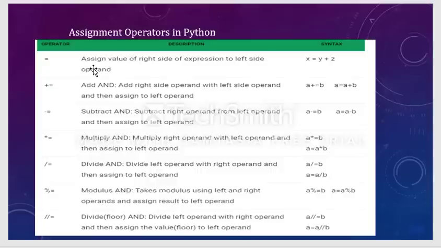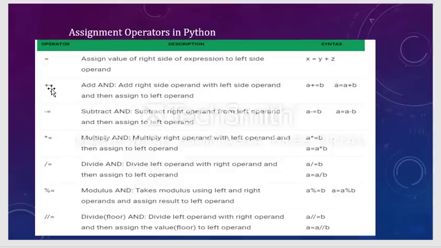Okay, so it is very simple. The assignment operator is generally equal to. What it will do is assign some value to the variable, and we also have compound assignment operators. That means equal to will be used in combination with different arithmetic operators. We might have learned this in other programming languages, and it is pretty much the same. These are called compound assignment operators, which are combined with arithmetic operators.